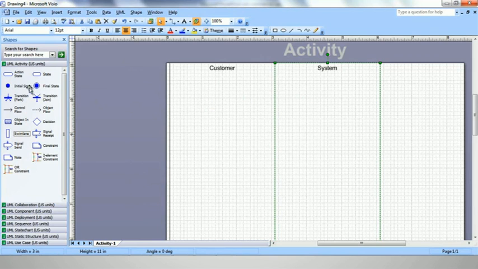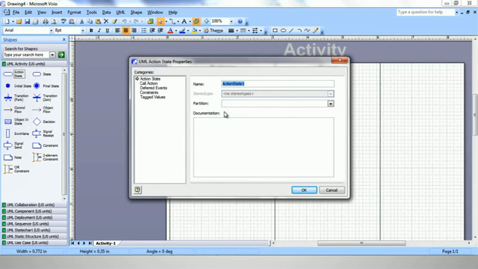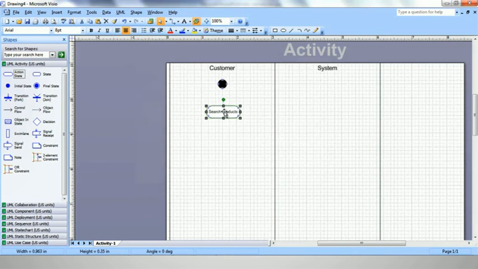Okay, it always starts from an initial state, which will be the customer. Action would be search products. Okay, now what will happen is when a product is being searched, what the system will do is